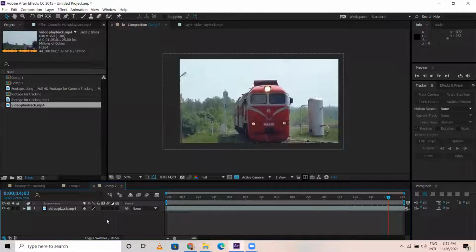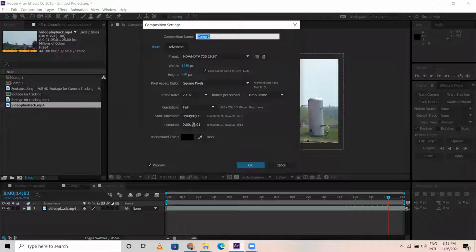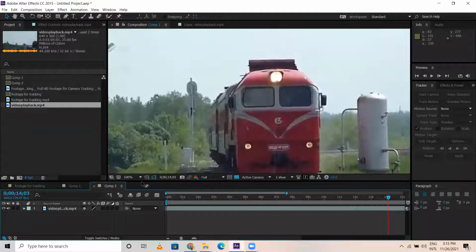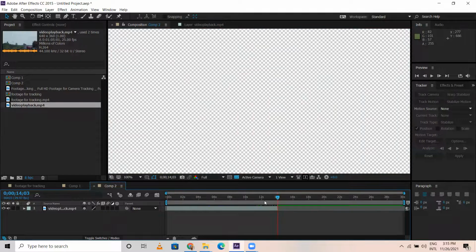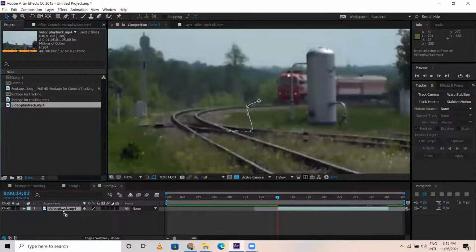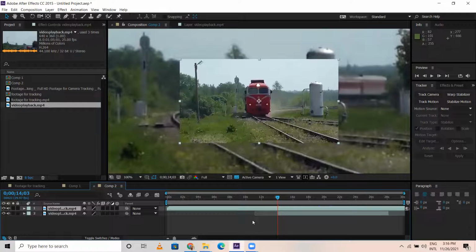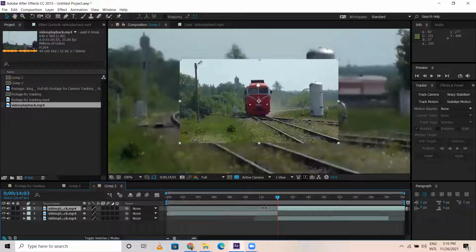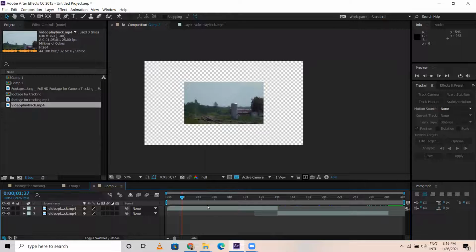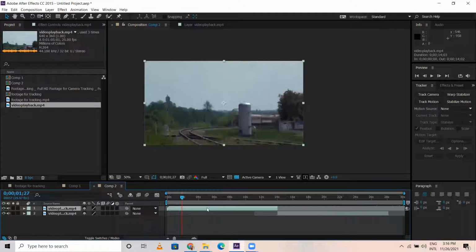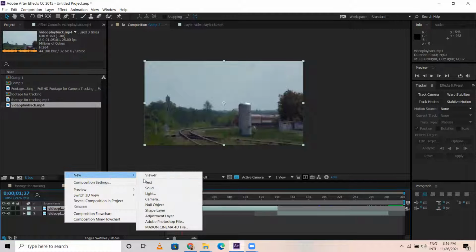Let me do one thing. Control K. Since this is a stabilized one, I'll add a text file.